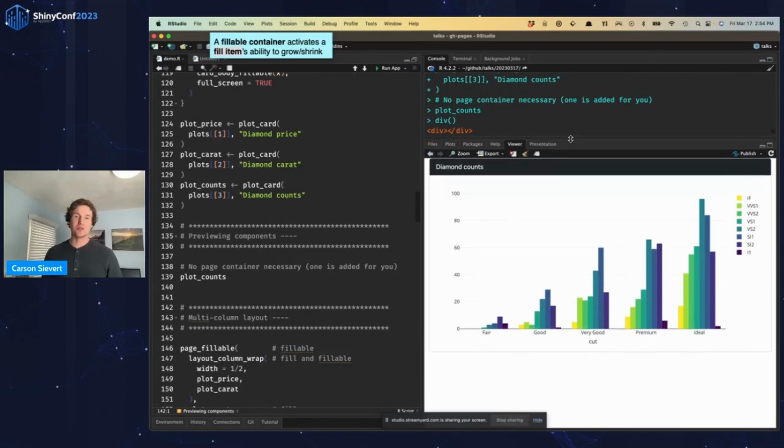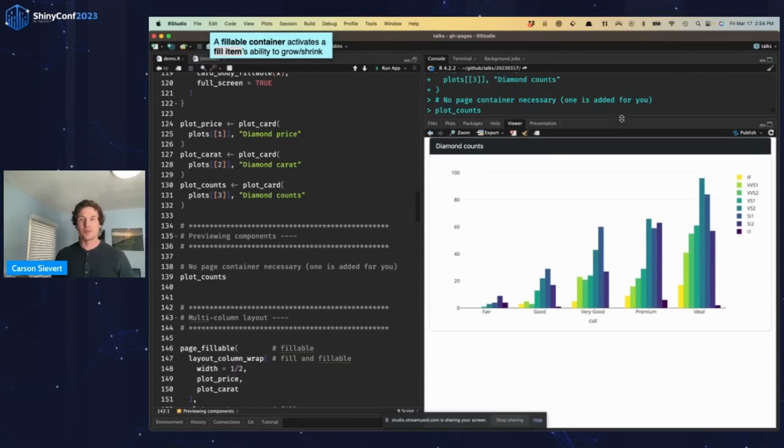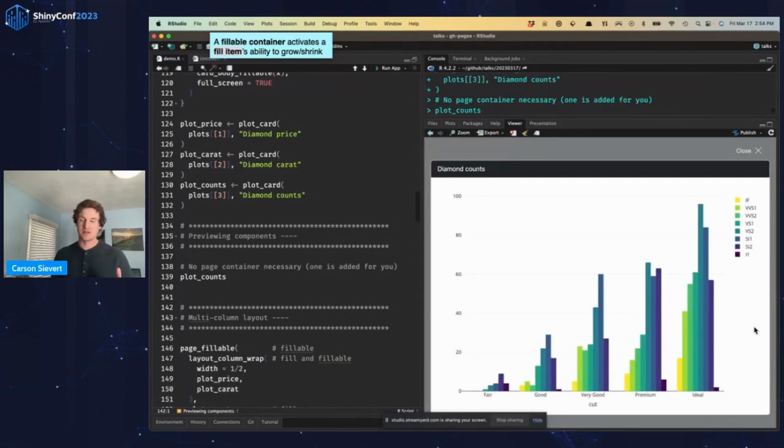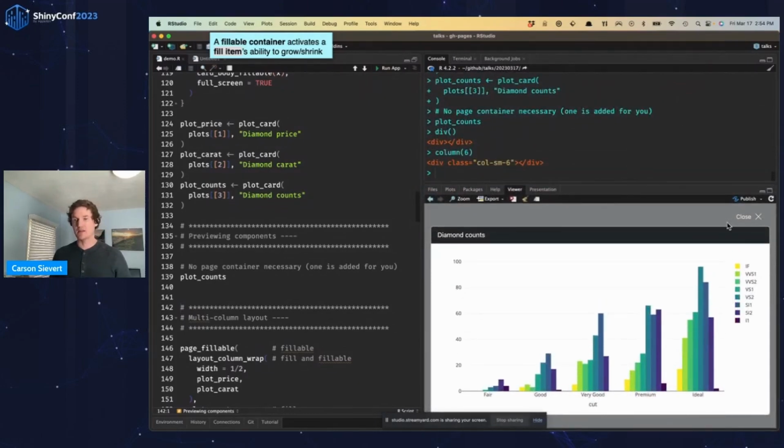But for these things, in most cases you probably want to just preview the result. So when you print these things, we'll automatically wrap it up into a page container for you. So now I can preview the fact that I have a plot card here, and I can expand it to full screen, and the plot will grow and shrink to match whatever the card body size is.